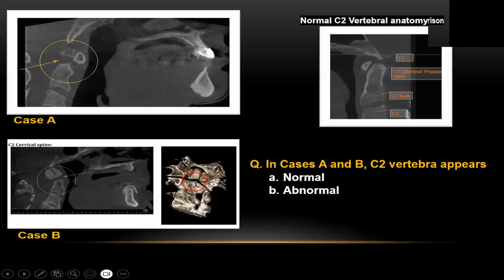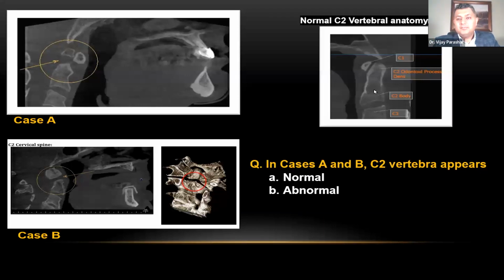I'm sure all of you are looking at it and are ready to type in your answers. On the right side of your screen, I'm trying to show you what a normal cervical vertebra looks like. So this will be C1. C1, which we are observing here on case A, and a little bit of it here on case B, looks good. But C2 has two parts, which is C2 body and C2 odontoid process, which is also called dens. This should all be joined as one single vertebra. But in both of these cases, cases A and B,